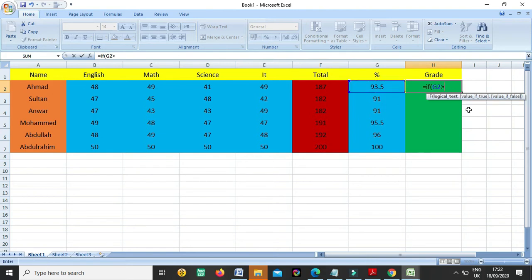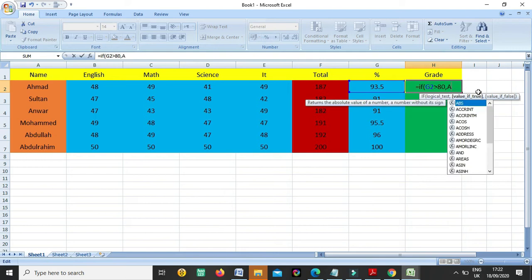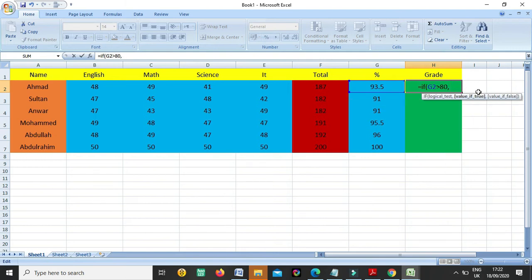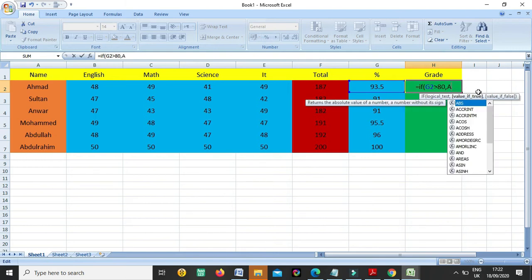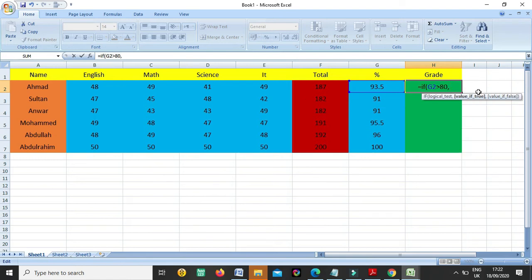greater than, suppose 80, this is our condition. Means if somebody has greater than 80, now if the condition is true, what will happen? He will get A. We will write it in inverted commas.